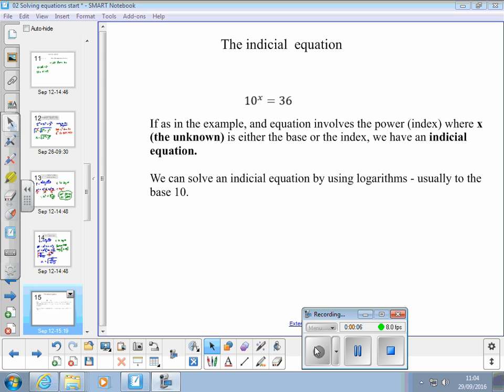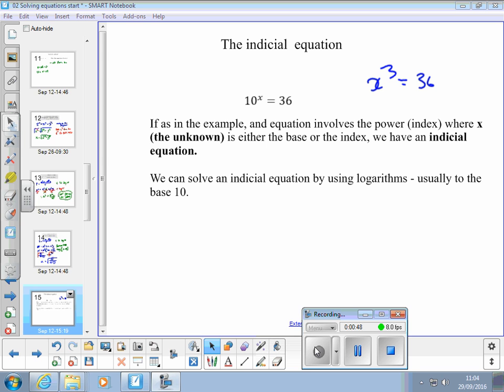Indicial equation. Example, 10 to the power of x is equal to 36. If, as in the example, the equation involves the power index, where x is the unknown, is either the base or the index, we have an indicial equation. So another example might be, where you've got the variable involved as either the index or the base, then you've got an